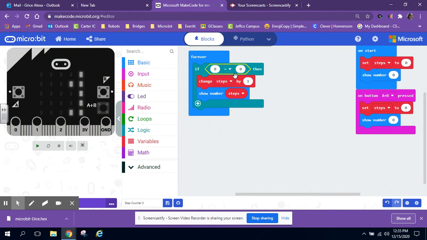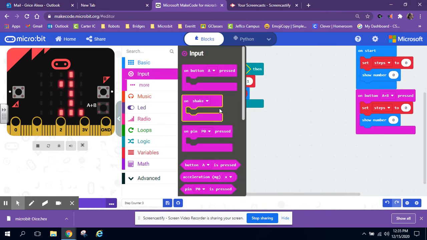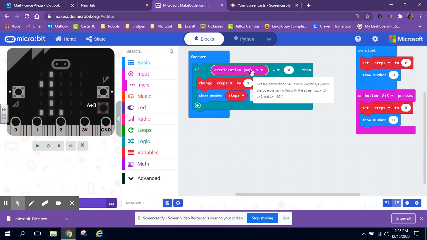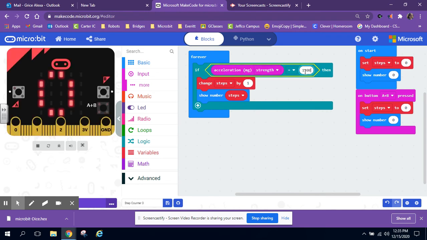So I'm going to grab this comparison and put it in this slot. Now, right now, if 0 equals 0, then it can start counting. Well, we don't want it to be 0 equals 0. So we want it to notice acceleration. So I'm going to go into my input and grab acceleration milligravity and put it in that circle. Then I'm going to change it to the strength of the milligravity. Now I can put a number in here, say 1500 to start with, and you can change its sensitivity to more sensitive or less sensitive. But this is the code for the more accurate